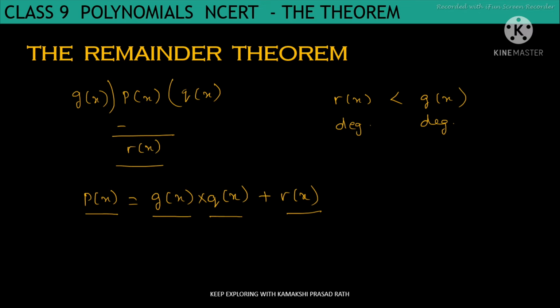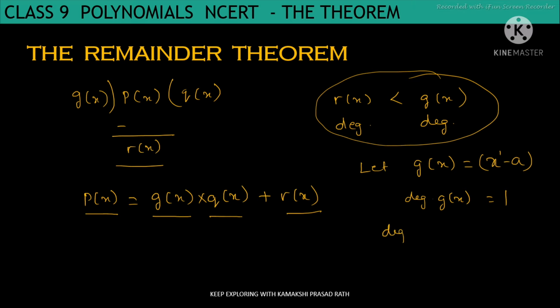So here let us take g of x equal to a linear polynomial x minus c. When you say linear polynomial, the highest power is 1. So let us take g of x equals x minus c. Now we see here that the degree of the polynomial g of x is equal to 1, and as per this condition,